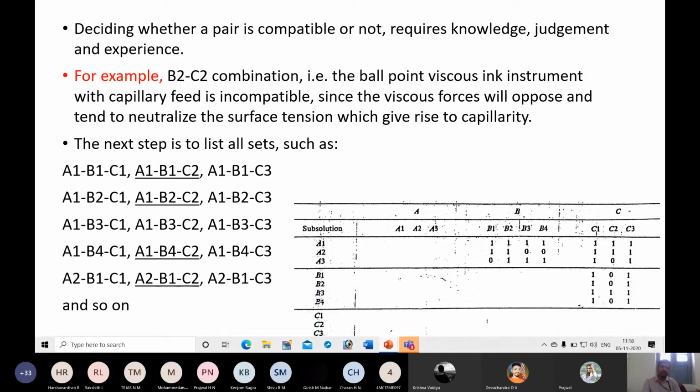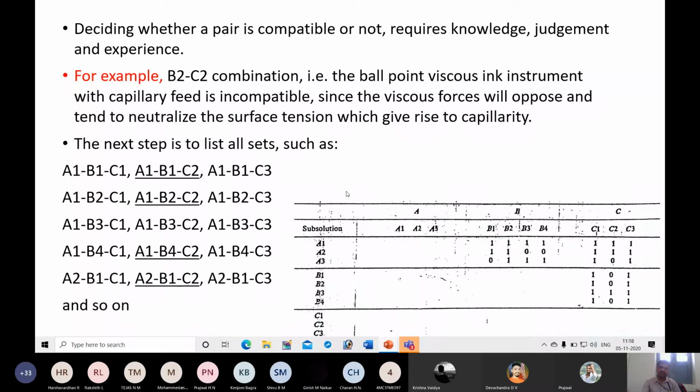So this is about AIDA, that is, Analysis of Interconnected Decision Areas. First you are going to construct a morphological table. Then after that you are going to construct a compatibility matrix like this. Then you have to justify which are the compatible sets and which are the incompatible sets by listing them and underlining. This is the step you have to follow.